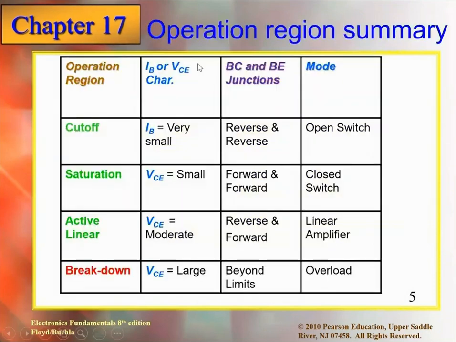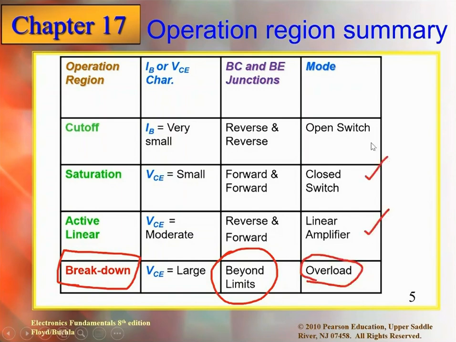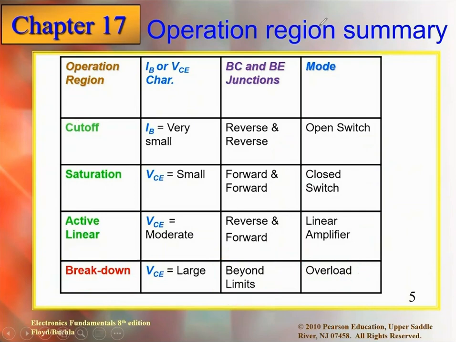So here is the mode, and the breakdown mode is there. What is the breakdown mode? Beyond the limit. That means we apply a very high voltage that crosses the limit, overloads and damages the transistor basically. This is linear; this is switch, closed switch, open switch. Both should be reverse, both should be forward. This is all about it. It's almost the same, just with more information added there. Now,